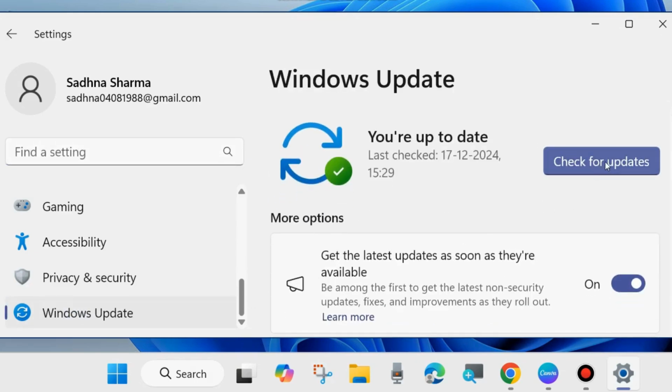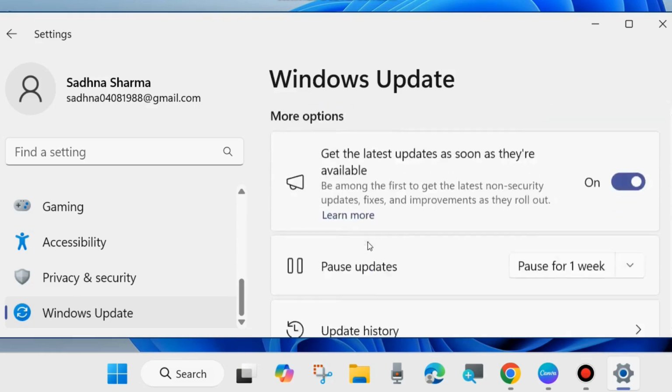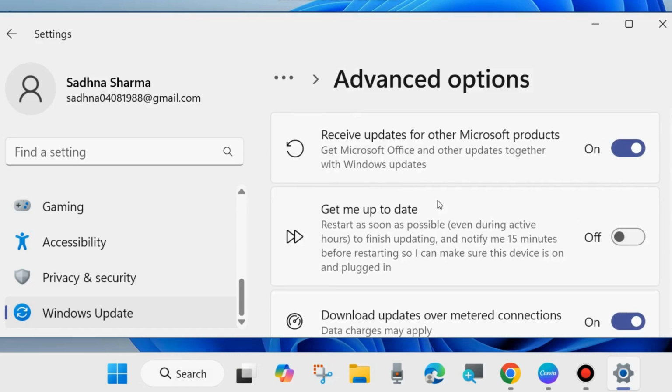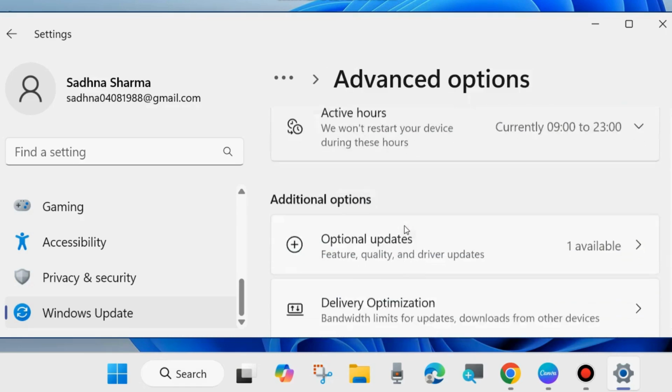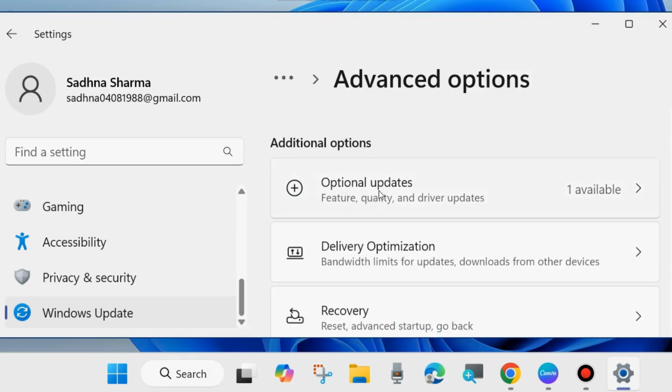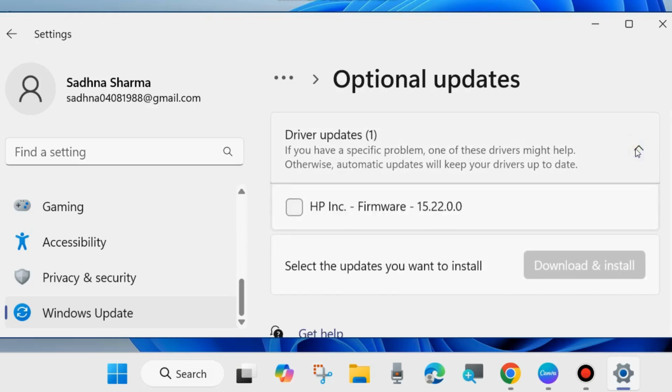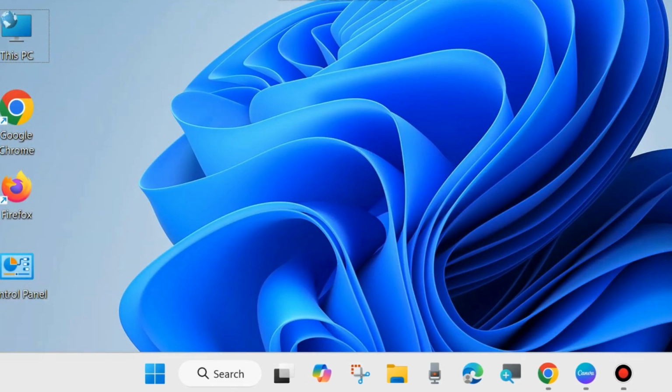Here from the right side, click on check for updates, and if any update is available, simply download and install it in your system. Thereafter, scroll down and you will find the option advanced options. Click on it. Here scroll down and click on optional updates under additional options. Click on it. And if any driver update is available, simply make the check against this and choose download and install it. After that, restart your system. Your problem of display adapter driver